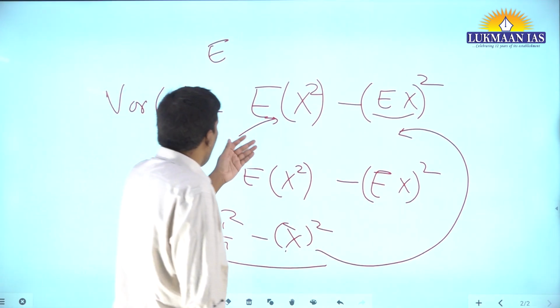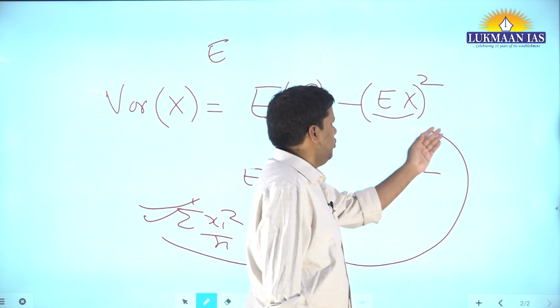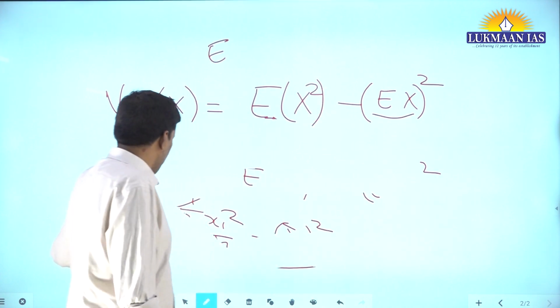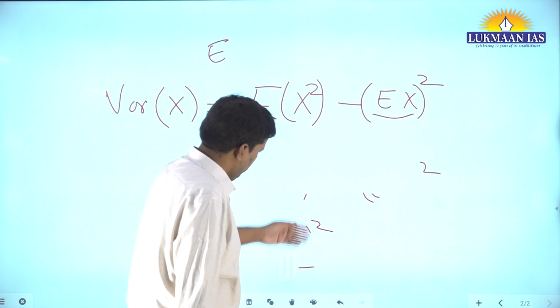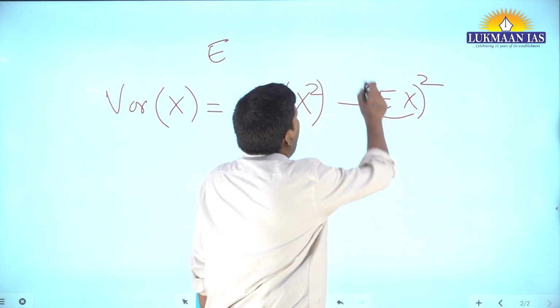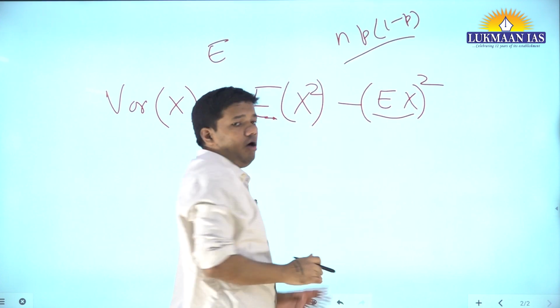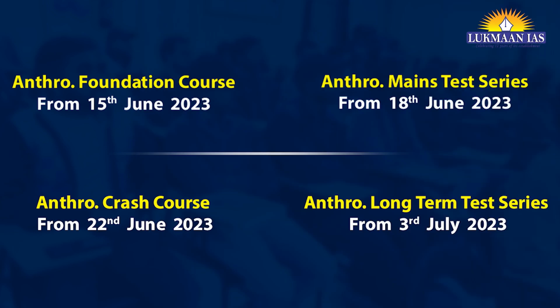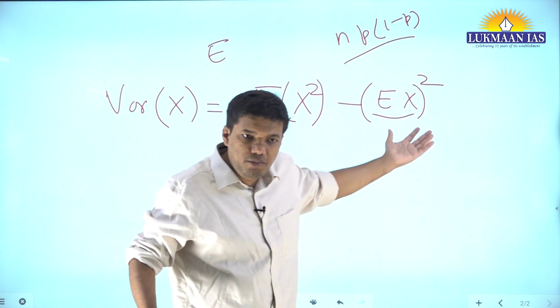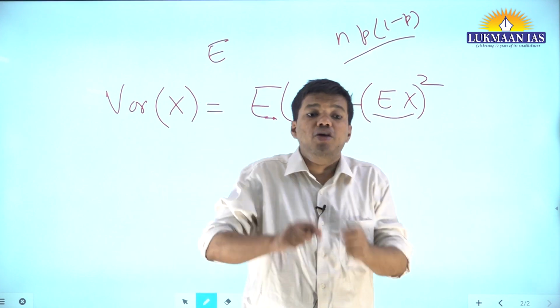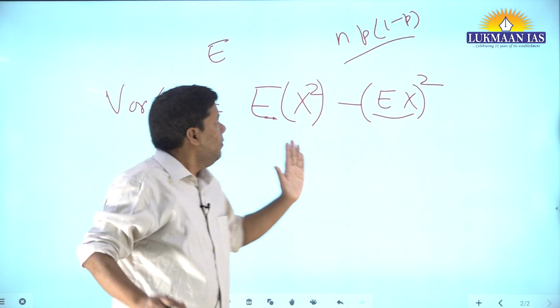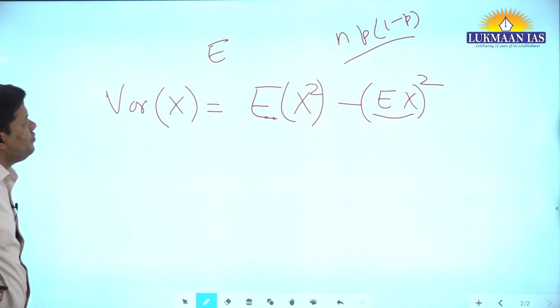Now, what is my point? Let's say you have to calculate the variance of the binomial distribution. You know what the formula is? It is n into p into 1 minus p. You already saw how we visualize it: the binomial distribution is nothing but n times a Bernoulli experiment. A Bernoulli trial gives you p into 1 minus p, and you do it n times, and that's why you add it n times. You assume that all trials are independent, but can you prove it? Let's say